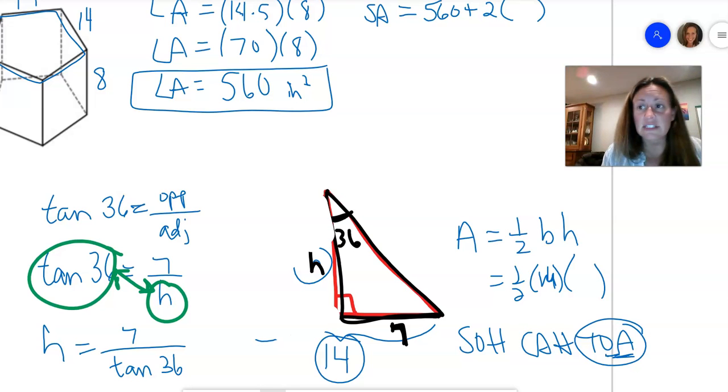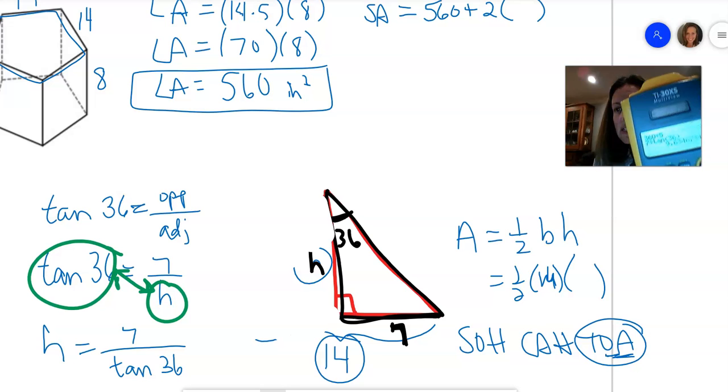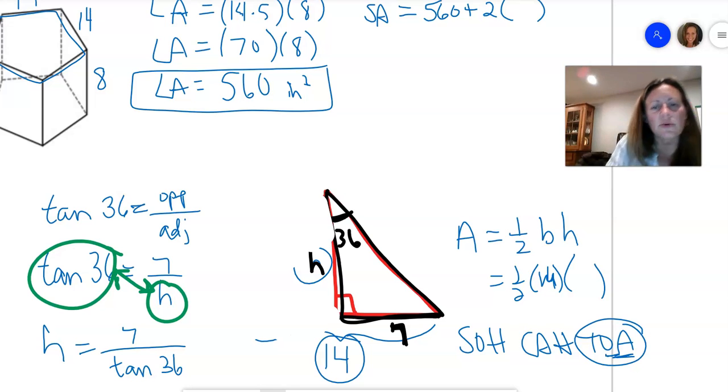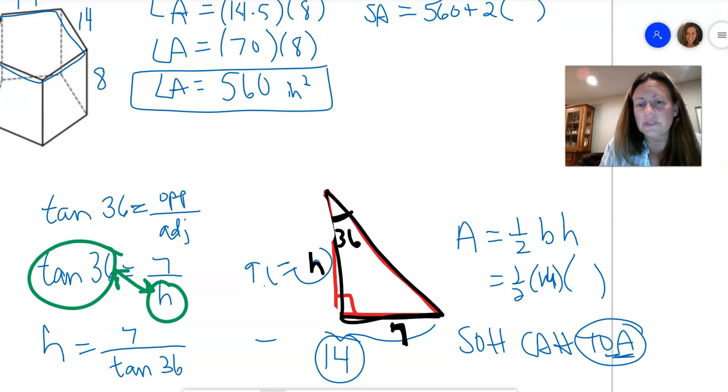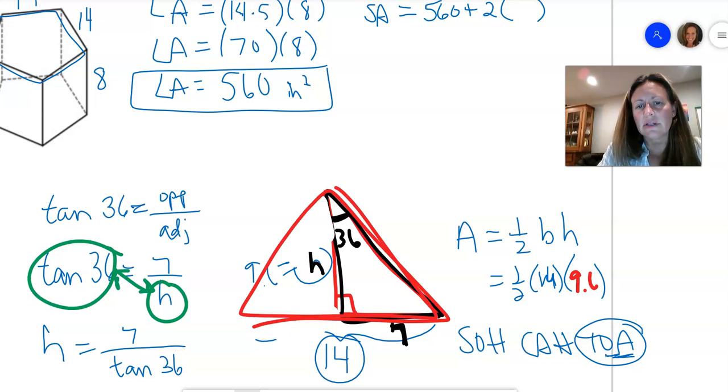And as long as your calculator is in degree mode, not radian, you can type it in, 7 divided by the tan of 36, and the answer is 9.6. Okay, so that's the height of this little triangle, 9.6. That's what's going to go over here, 9.6. Now I can do the area of this entire triangle is 1/2 its base of 14 times 9.6. So basically 7 times 9.6. And that would be